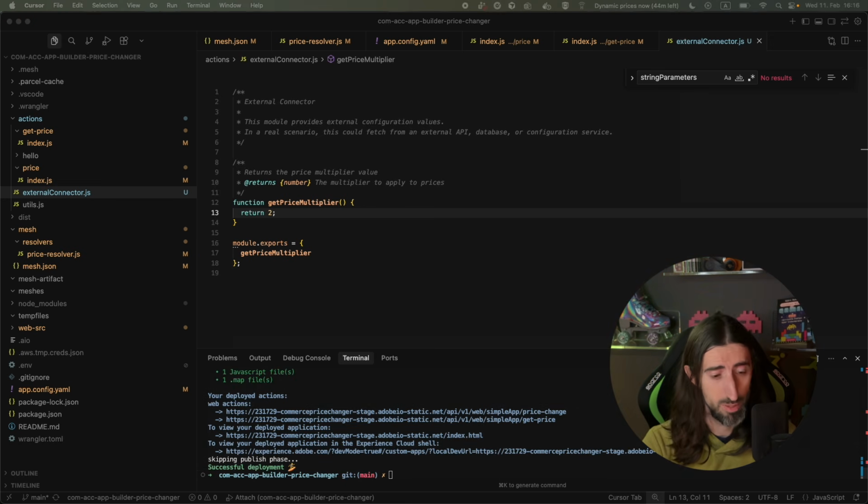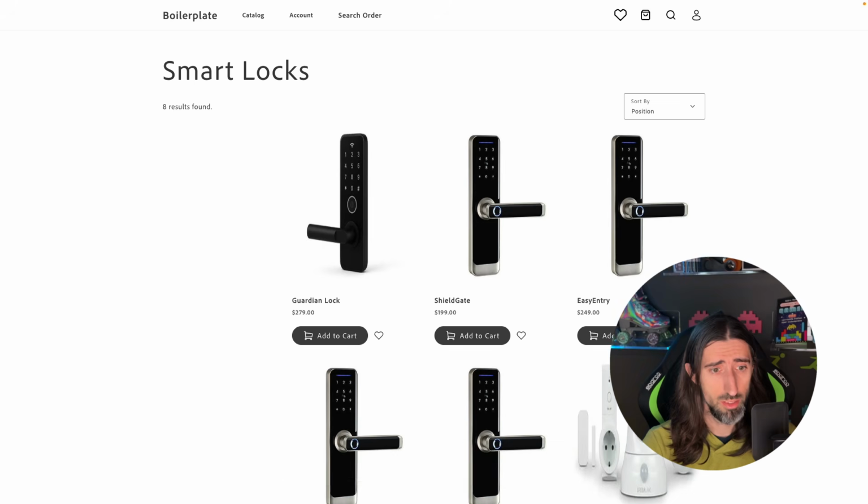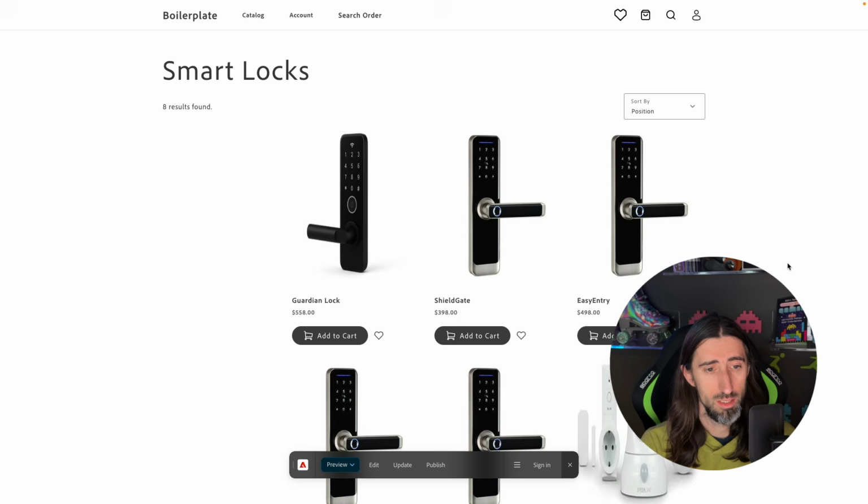And after the application has been redeployed, we can go to the storefront and refresh it. After we refresh the page, we can see that the price is doubled here. Okay, that's one example. Don't forget that if you go to the PDP page, another endpoint is being used. So you need to check different locations if you're using different outputs. For example, the product search